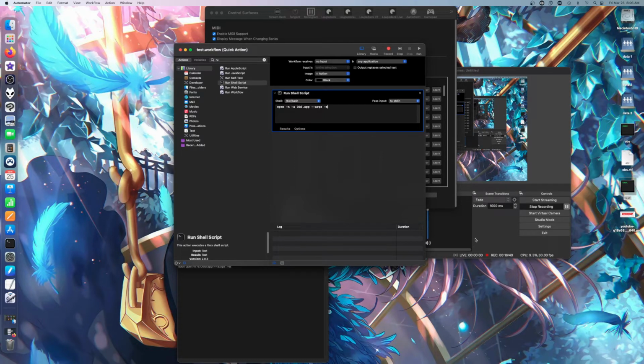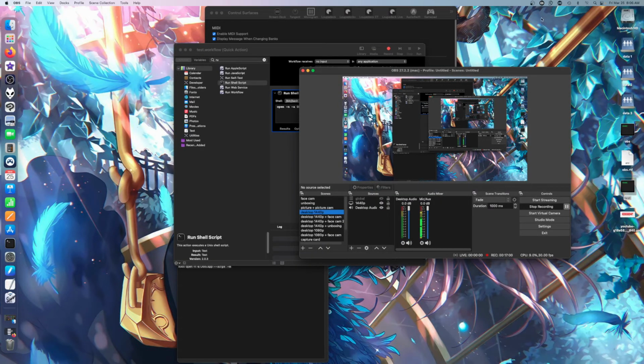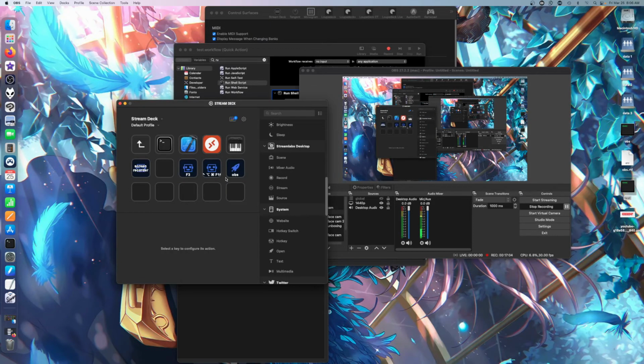So the main key combination stuff like delete, I basically put on the Stream Deck. However you do it, I'm going to show you with Stream Deck. So you go back to Stream Deck, and then you basically